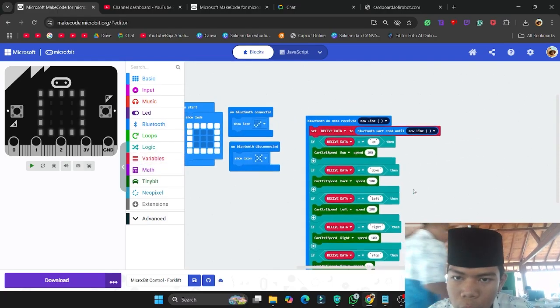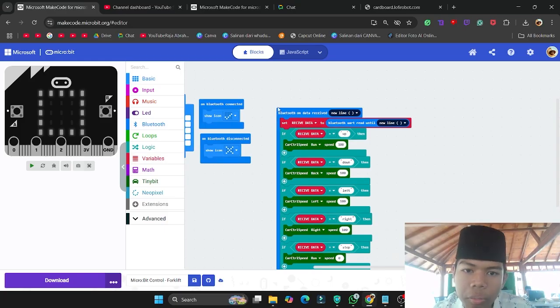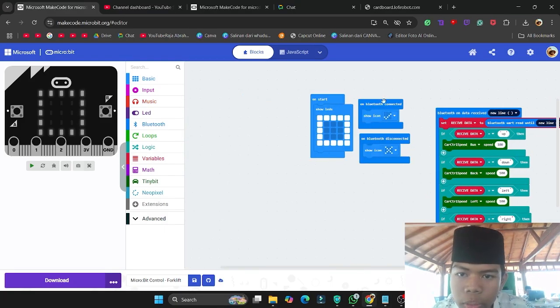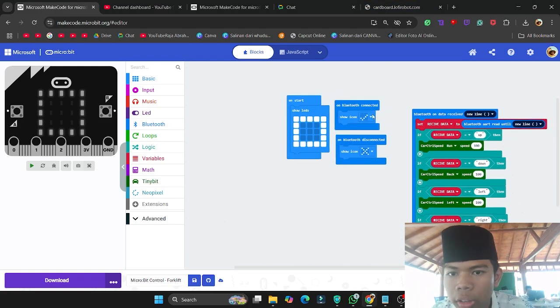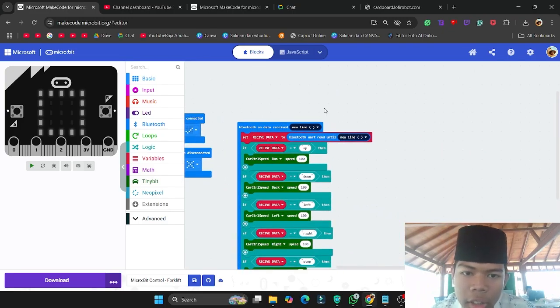But basically, this whole code means that when we connect it to the Bluetooth with our laptop or our phone, if you want, it's gonna show this show icon of the checklist, and it's gonna be receiving data constantly when we press a single button, and then sending and keeps checking for any new updates on the data we're sending from our website.